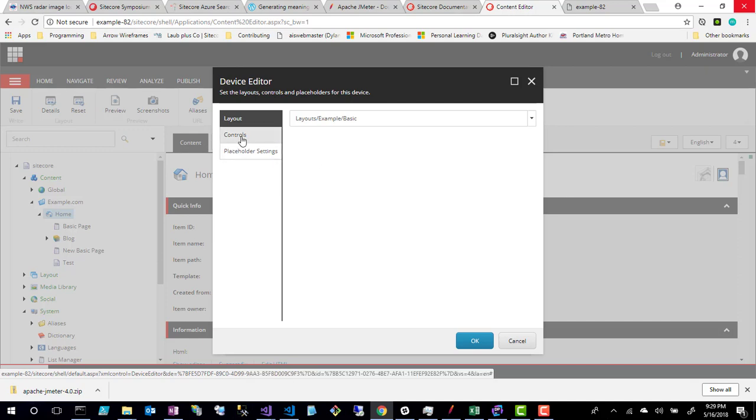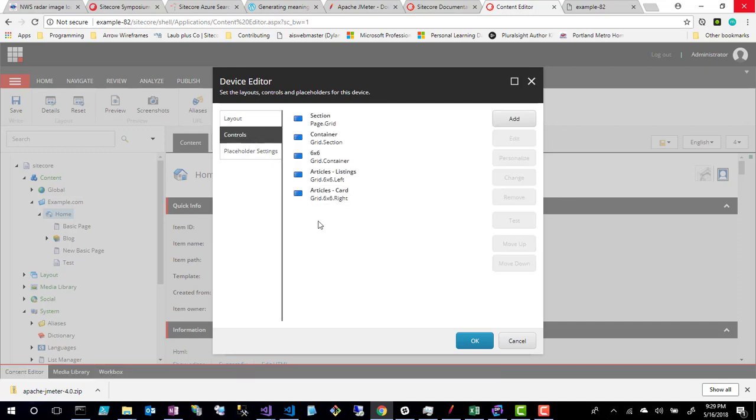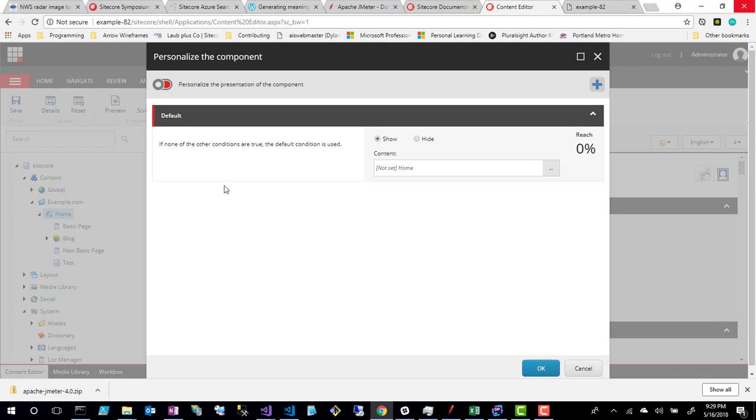And then we're going to click over to the controls tab or item section. The component that we want to personalize in this tutorial is the articles card. Just to recap, this is a component that shows cards of articles that you can set a data source for, and whatever data source you point it to is going to show that article. So I can click on personalize,